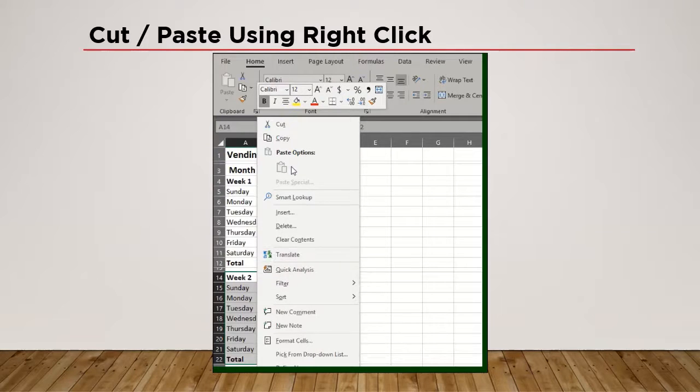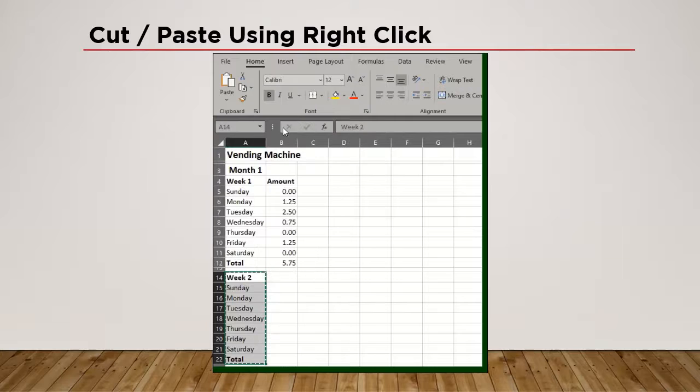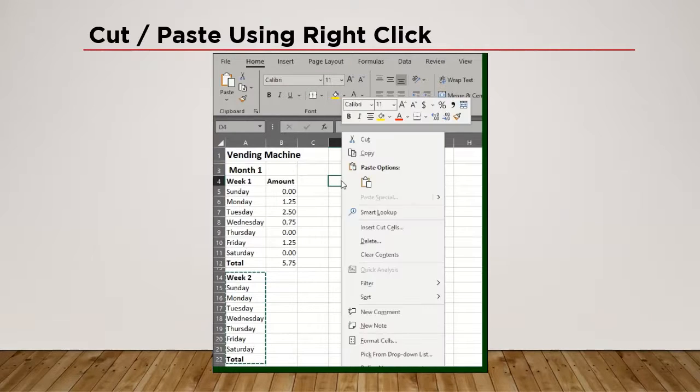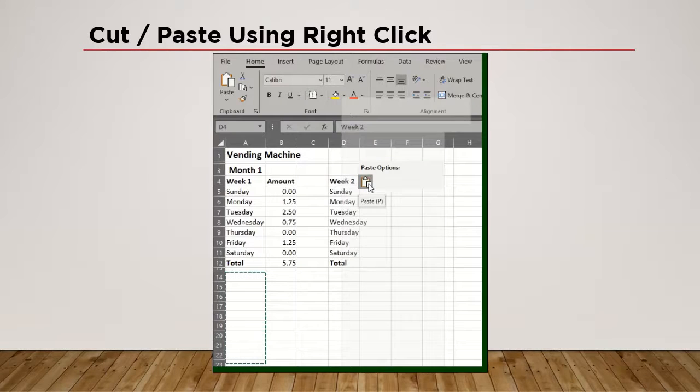And then at the top of that shortcut menu, I have that pair of scissors that says cut, so we'll click cut. Now we can't really tell that anything much has happened. We just have to know that the cut piece is in the clipboard of the computer. And then I'm going to click in D4, which is the top left of where I want to paste. And then I'm going to right click and select paste. And really I only have this first option, and I will click on that little button. And now I've moved week 1 and week 2 side by side, and there's nothing left where week 2